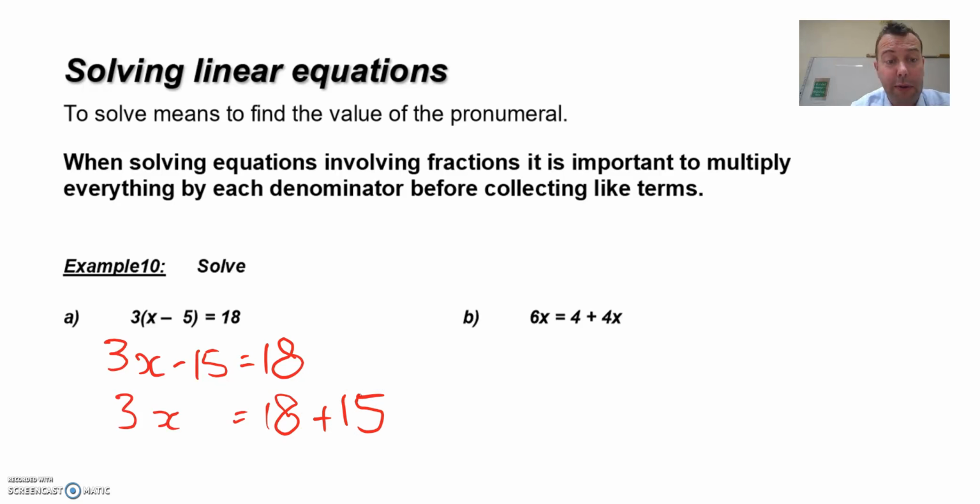By adding 15 to both sides, this term disappears, and I have a plus 15 over here. Now 3x equals 33, so x equals 33 over 3. I'm dividing both sides by 3,